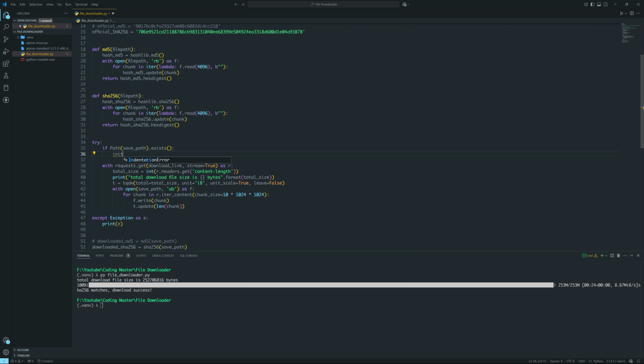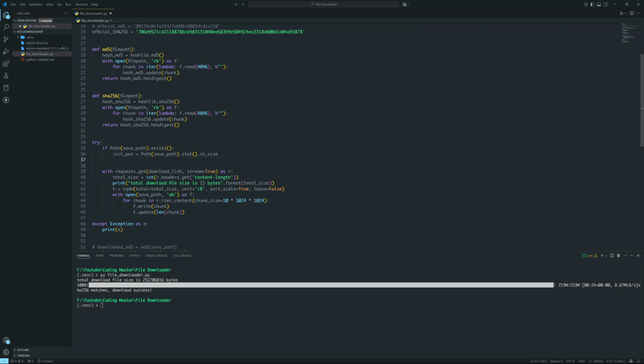So init position equals save path dot stat dot st_size. So this is the file size of the current partial file, and basically is the init position